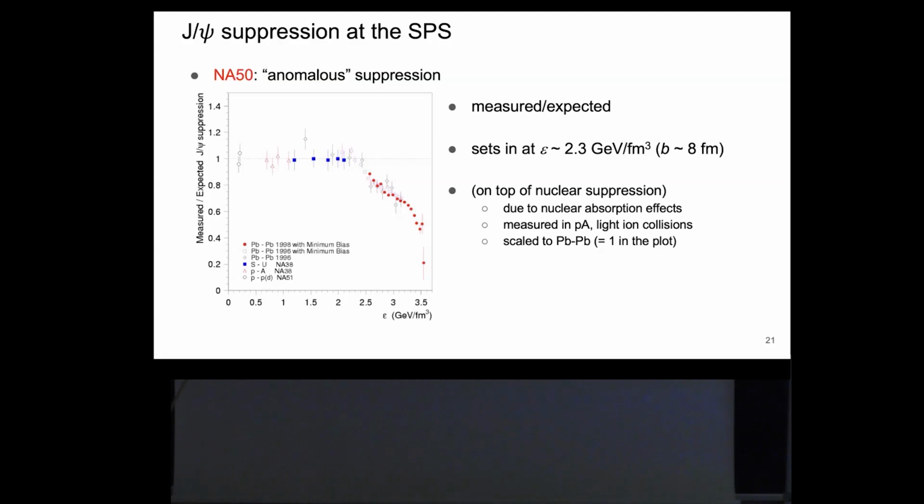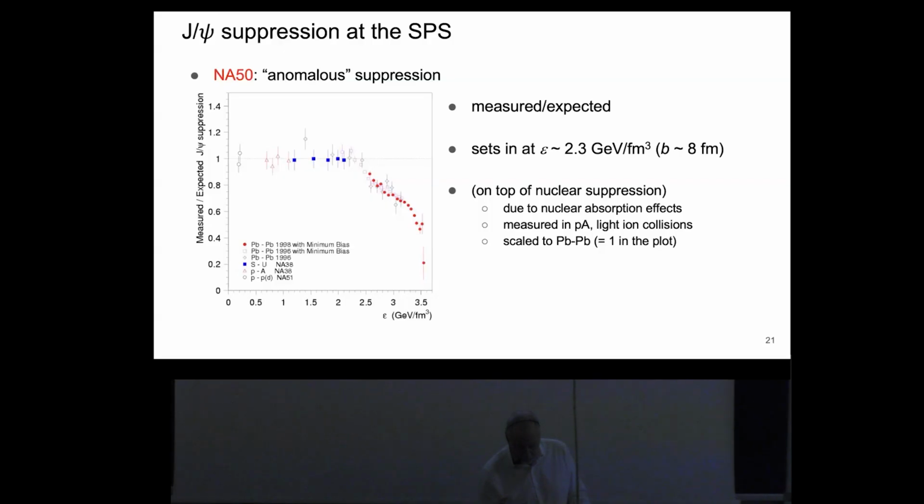And what you see here are different collision systems as a function of the energy density. You have lead-lead samples, actually three, and then sulfur-uranium and proton-lead. And when you get to an energy density of the order of 2.3 GeV per cubic fermi, you have this additional, anomalous, as it is called, J/psi suppression,